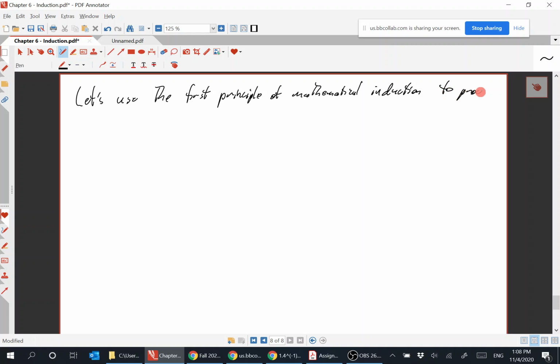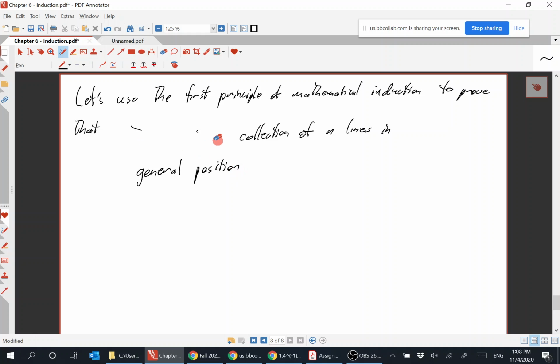To prove that if L is a collection of n lines in general position,